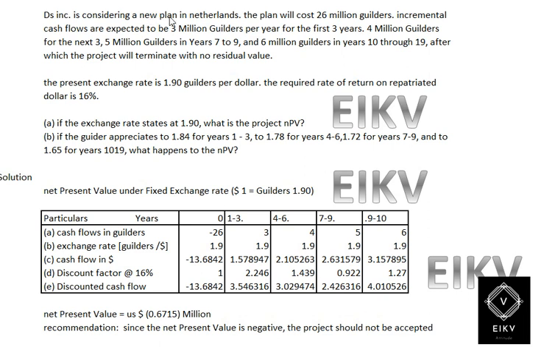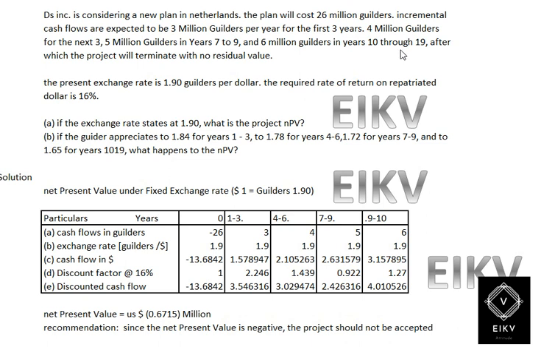So in this illustration, TS Incorporated is considering a new plant in Netherlands. The plant will cost 26 million guilders. Incremental cash flow is expected to be 3 million guilders per year for the first 3 years, then 4 million guilders for the next 3 years, then 3.5 million guilders in the 7th to 9th years, and 6 million guilders in year